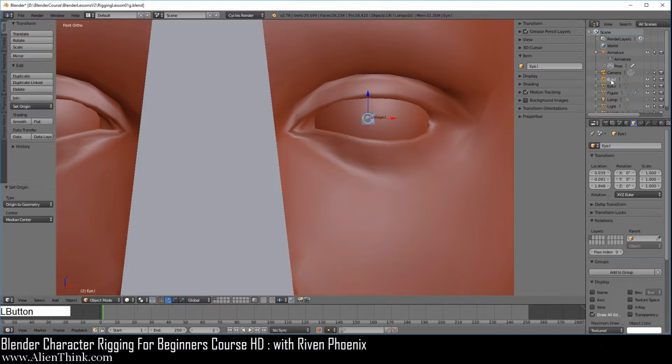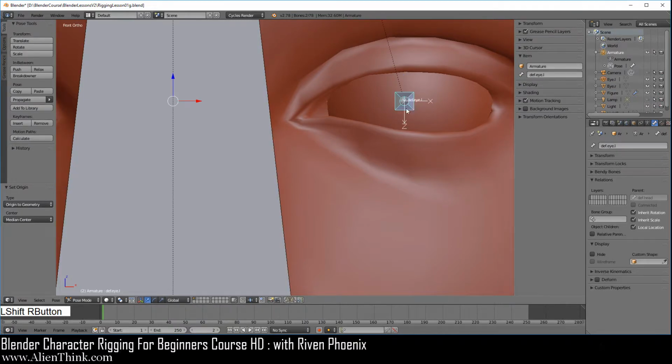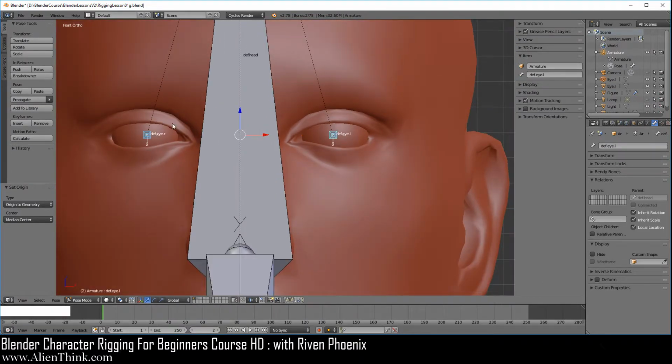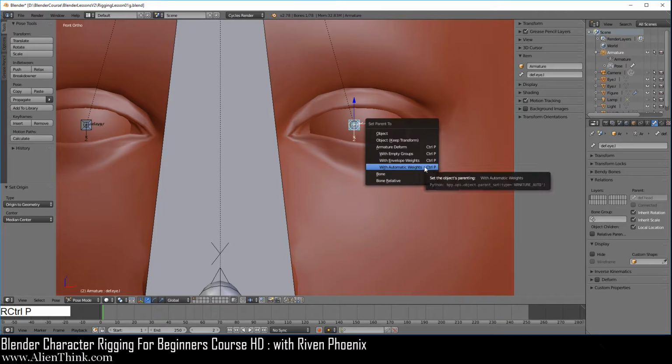So go ahead and click on this bone over here, press the Shift key down and then click on this bone. Now notice that both bones are connected, but it doesn't actually matter because this is the last bone we clicked on, which is the active bone, and it shows right here that you've selected this bone. But if this bothers you, you can simply click on this bone over here. Notice that the eye is still selected. Now, when we do Control P, here we can click on bone.